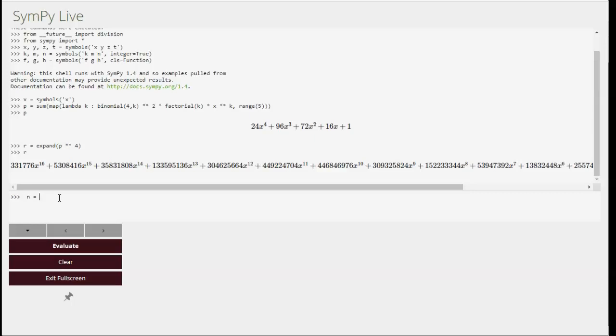We have to take the sum of minus 1 to the k, times 16 minus k factorial, times the coefficient of x to the k in this polynomial r that we've just worked out. So the appropriate syntax is like this: sum map lambda k, and then we have minus 1 raised to the power k, times 16 minus k factorial,